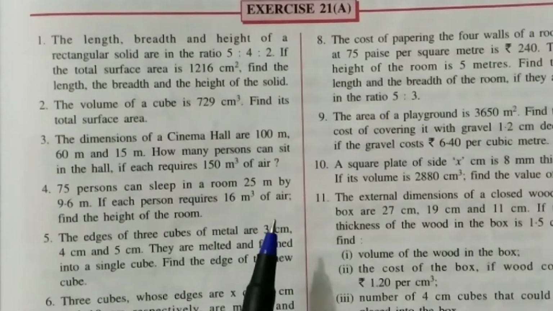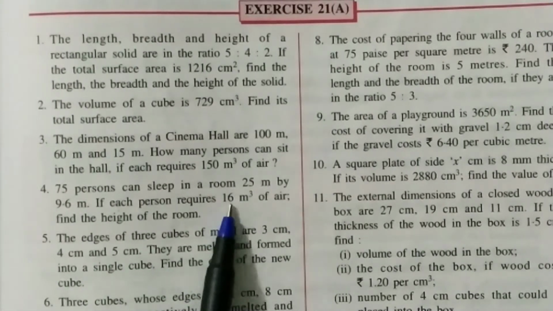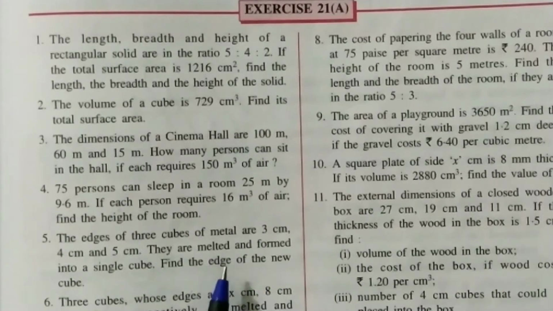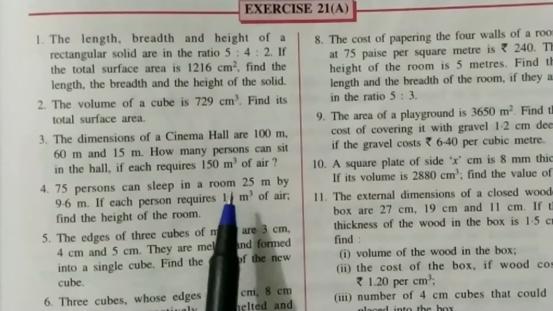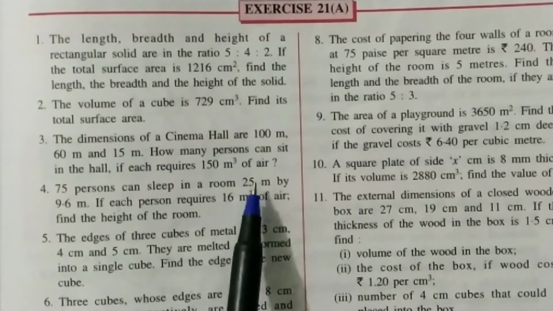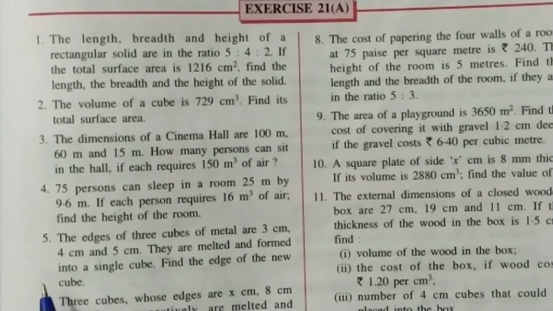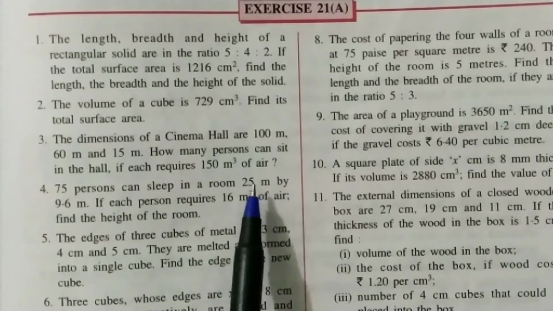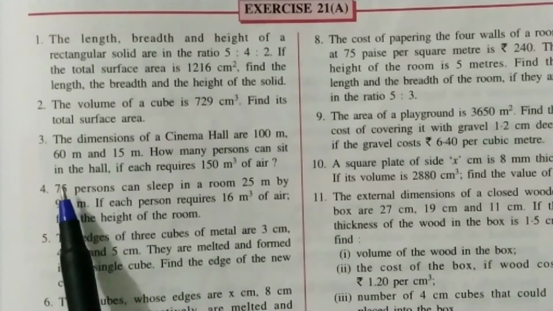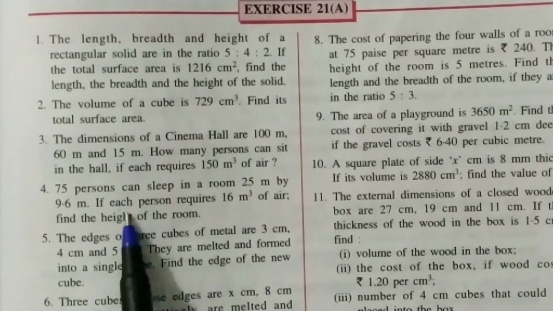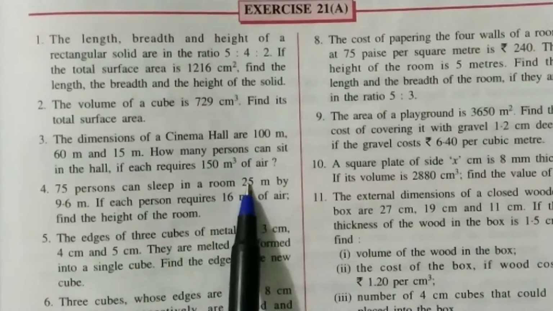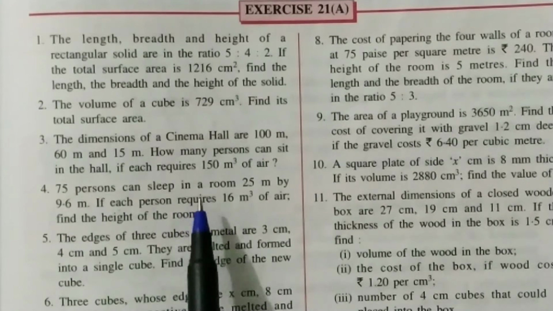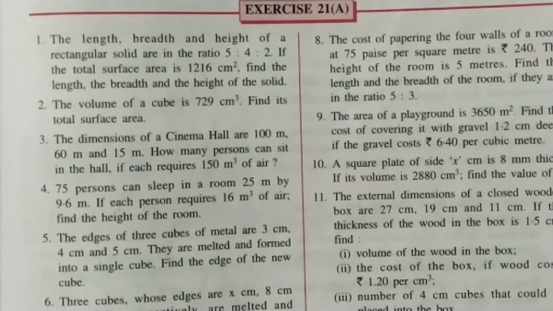This much air is required and this air is filled in this room, so this will be the volume of that particular room. Now when you have calculated the total volume of the room, length and breadth are given and height you have to calculate. Volume's other formula is length into breadth into height. So the volume you have calculated by multiplying 75 and 16 is equal to 25 multiplied by 16 multiplied by height. So from here you can calculate the height. This will be your answer.